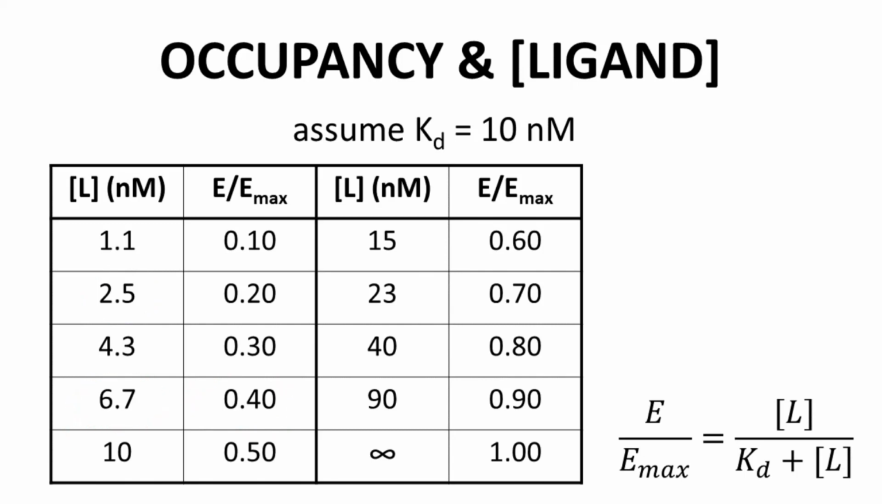Let's double the y-axis again, up to 0.8. Concentration has to way more than double, from 6.7 to 40 nanomolar. That's about a six-fold increase in ligand concentration to double the response level. So while occupancy and effect follow a linear relationship, the ligand concentration and effect do not share the same linear